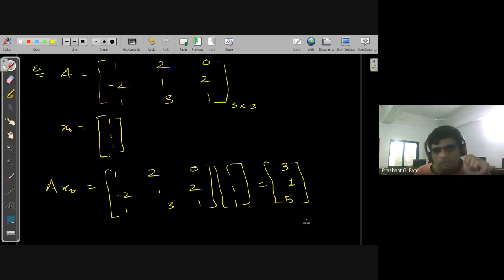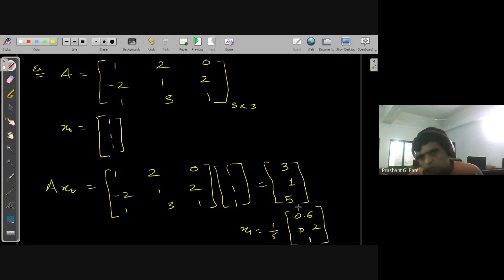So what is your x1? You just say that its maximum value is 5. Either you can common out the maximum value or a minimum value. So the maximum value is 5, so we'll take that 1 by 5 common. What is left is 3 by 5, which is 0.60, then 1 by 5, which is 0.2, and 5 by 5, which is 1. So this is the approximate first